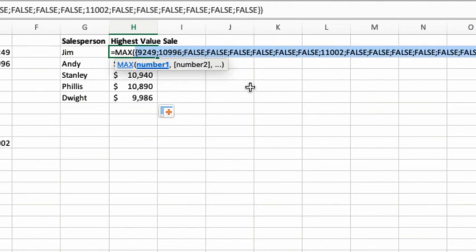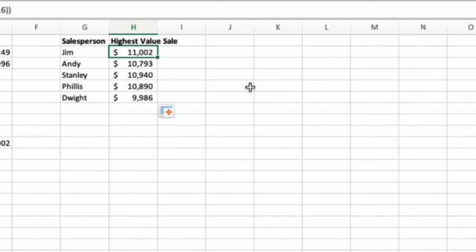So F9, as you can see, this is the array that we were expecting. Wherever the salesperson name is Jim, we get the corresponding sales value. Wherever the salesperson name is not Jim, we get the value FALSE. This partial calculation of formula or the F9 function key shortcut is very useful for finding out what parts of the formula are doing in Excel, how a particular formula is working in Excel.